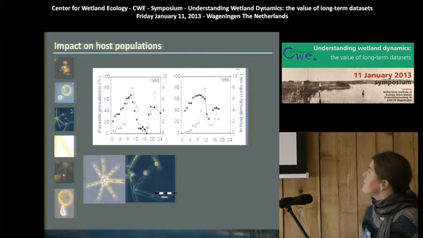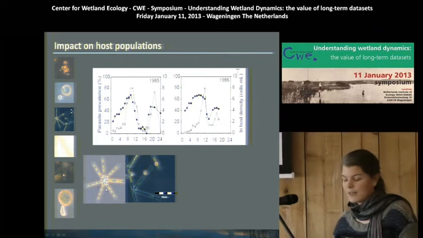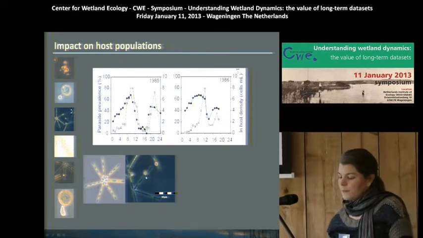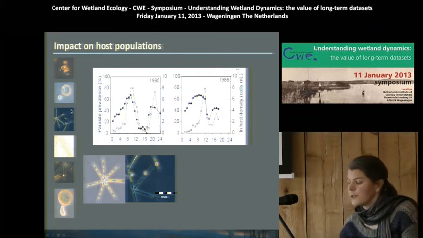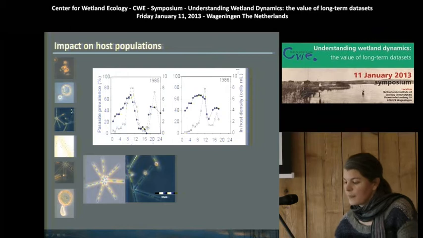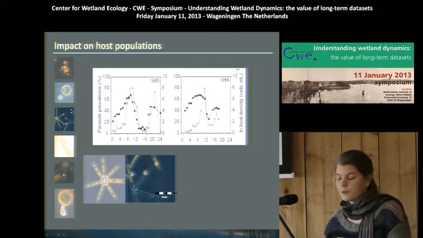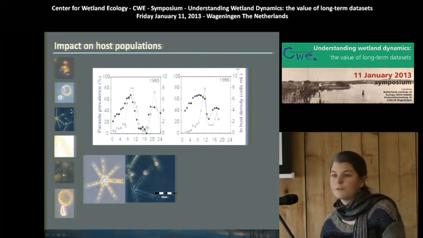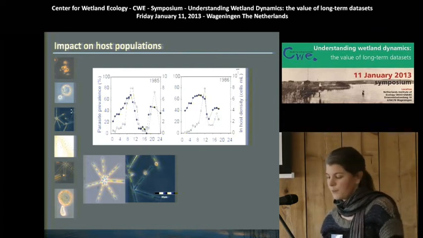I use here an example that comes from the study system that I've been working on, again, the diatom Asterionella and its chytrid fungus. These are 2 years where we followed spring bloom dynamics. So below here you have the first 24 weeks of the year. You have in black the host dynamics, which is cells per milliliter, and you have in white the parasite dynamics, which is the prevalence of infection,